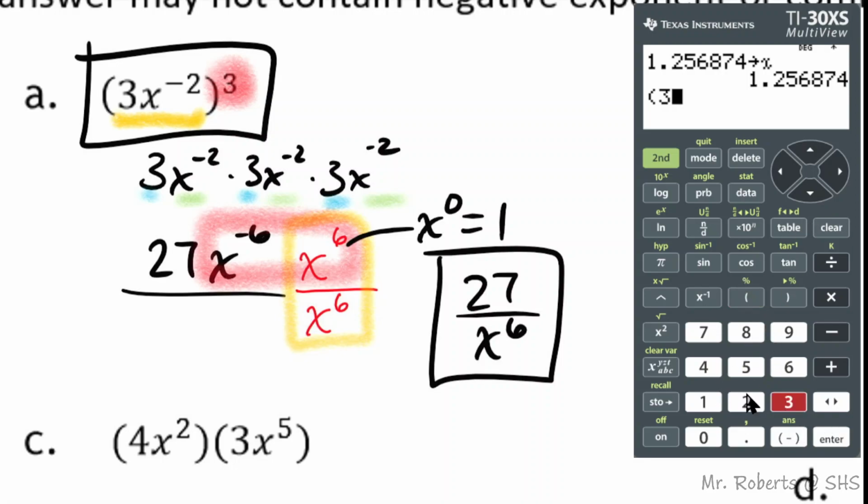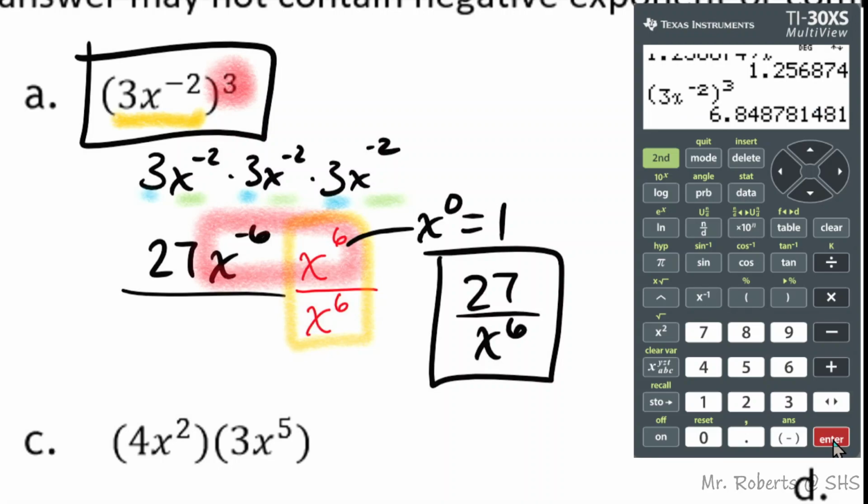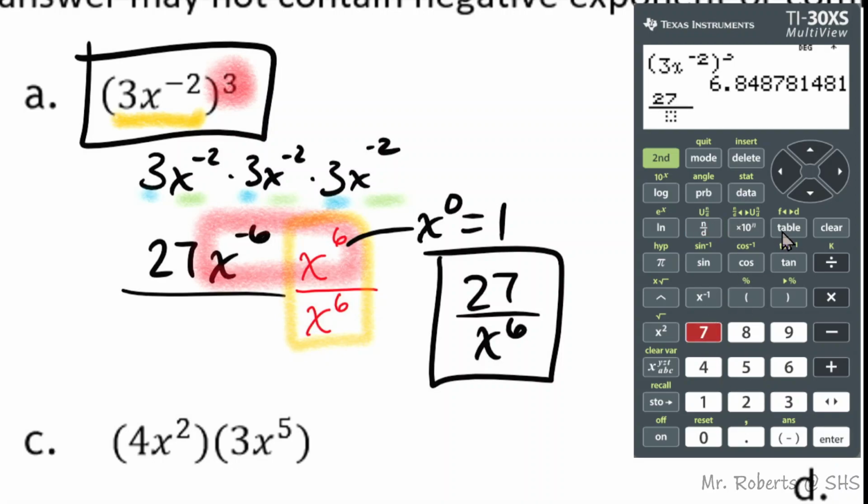I'm just going to go 3x raised to the negative second power. I'm going to leave the exponent, close the parentheses, and raise that to the third. When I do that, I get exactly this value. Okay, what's your point? Well, now if I look at the fraction that has 27 in the numerator and